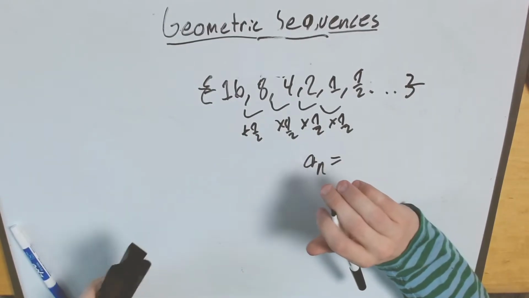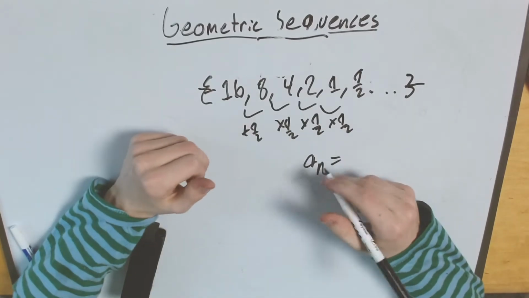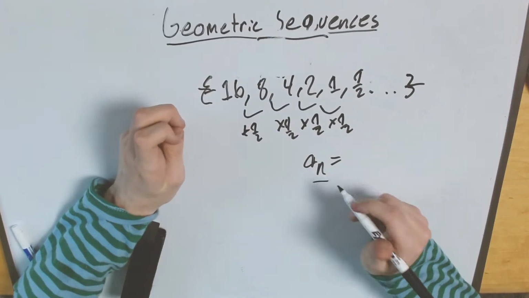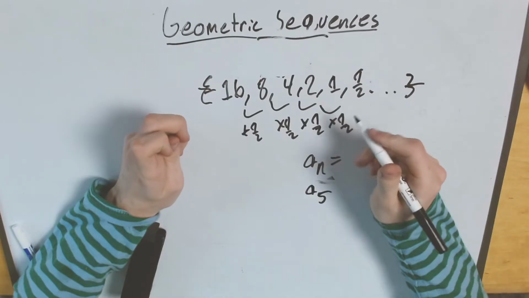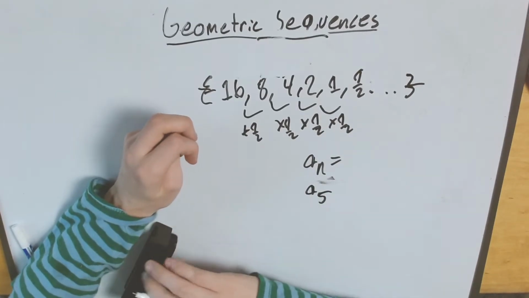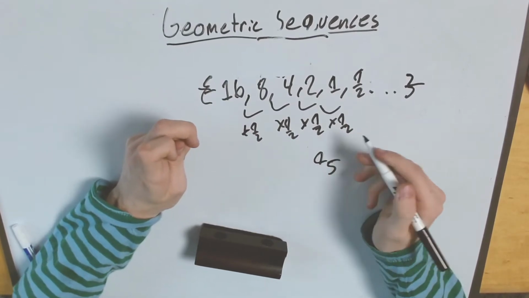But just like arithmetic sequences, I'm going to represent a given term as a_n, where n is the number of that term, right? So a_5 represents the fifth term in the sequence. Let's actually start with a_5, because I know something pretty interesting. For the fifth term,